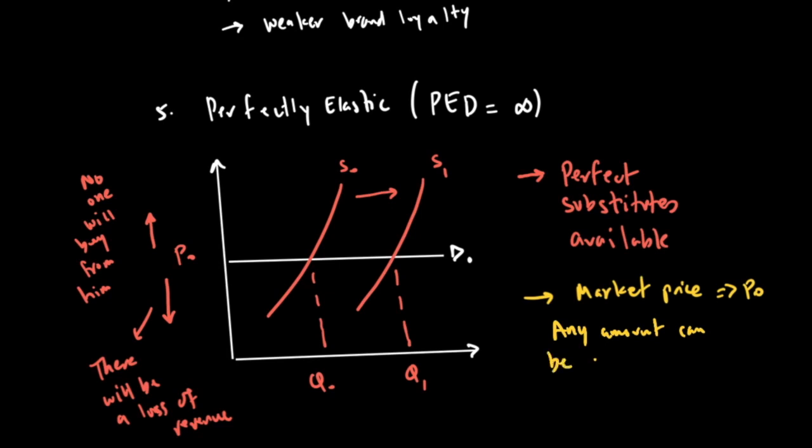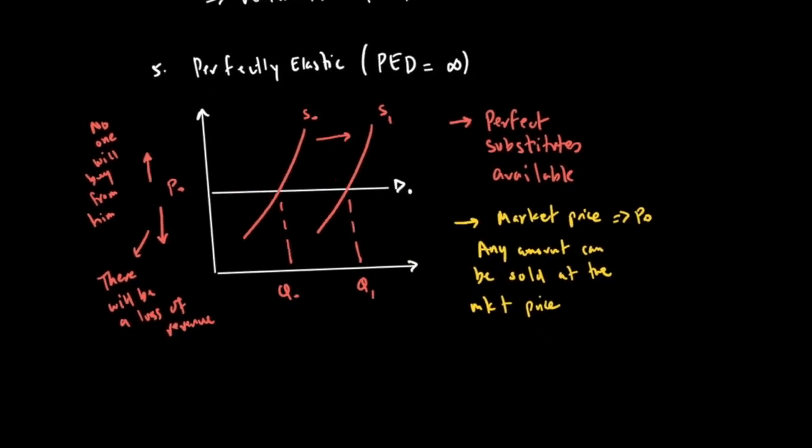If I have 20 units, 200 units, 250 units, any amount can be sold at the market price. So what kind of goods will have such kind of elasticity? Well, in the market for vegetables, for example,